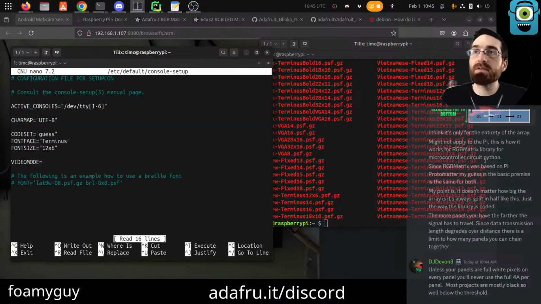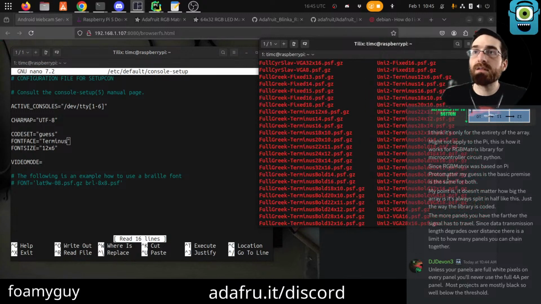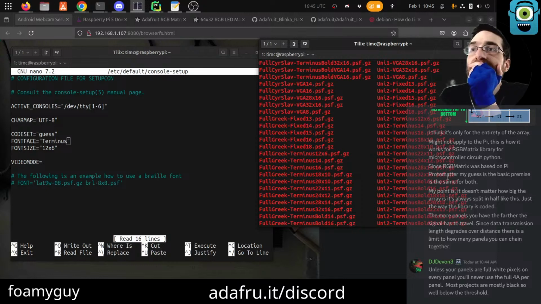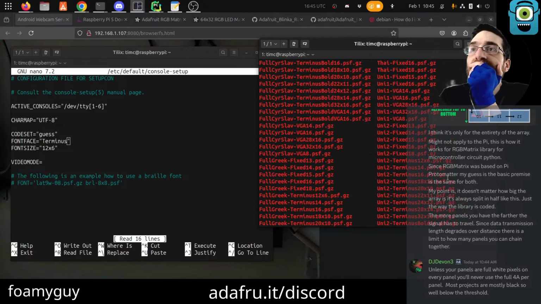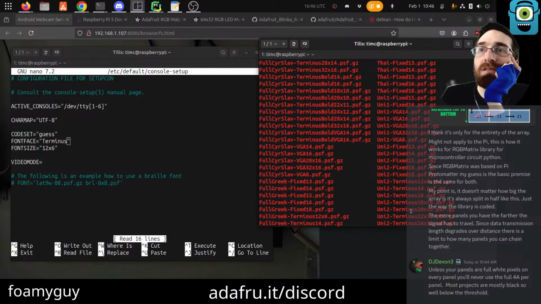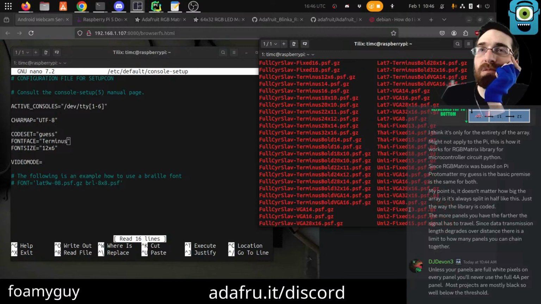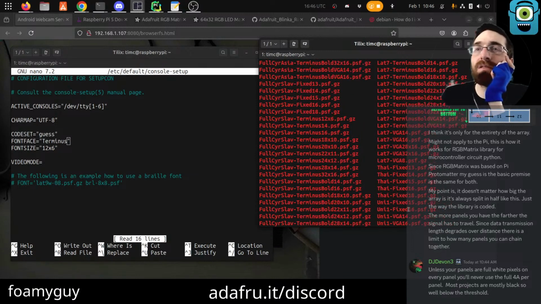Let's try one of the other ones. Fixed 13, would that be smaller? I mean 13, 12, 15? Is there really not one smaller? I could have sworn I used to be able to choose one that was smaller than the default.